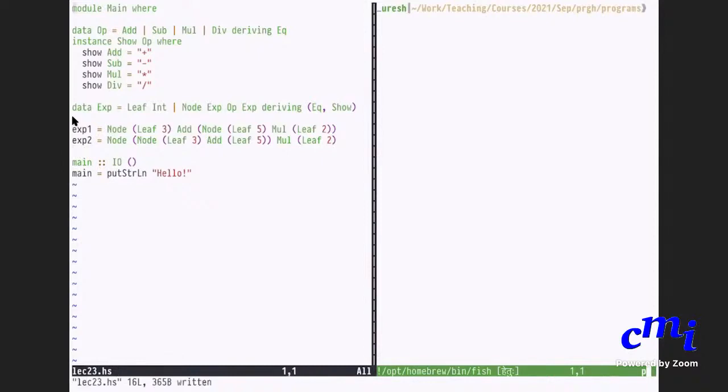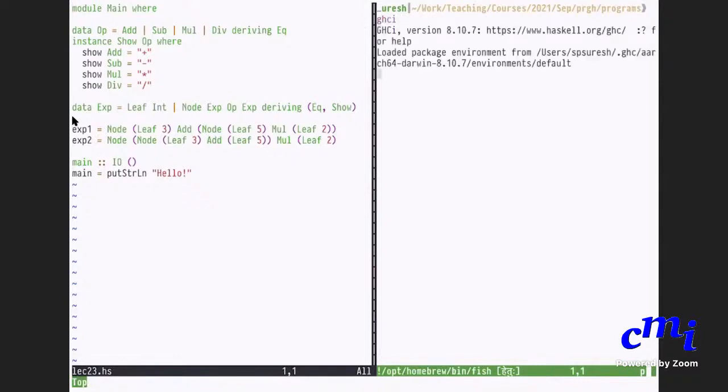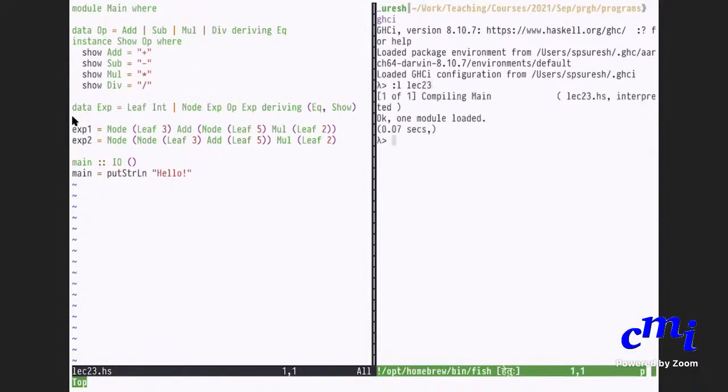Okay, great. So now I can actually go here. I can start GHCI. I can load lecture 23. I hope you can see all this reasonably clearly. Okay, now I can ask it to print x1. It is printing some nonsense like this. It is just the default print, because you just said show. How do you give a better show function? It would be nice if it actually printed out the expression itself, right?